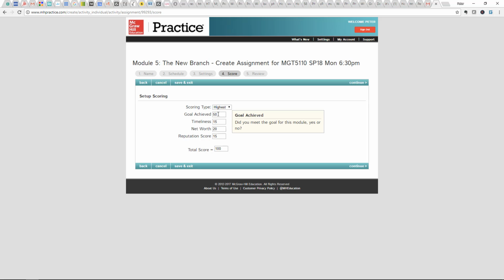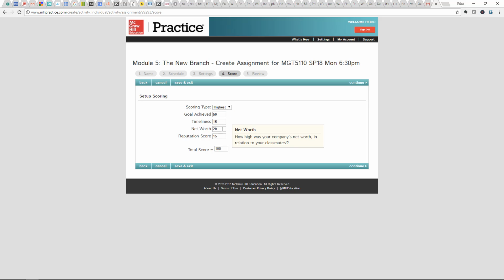You have to have so many contracts and maybe so much net value. You have to look at that carefully, make sure you're working toward that. But then there's these 3 other scores that get averaged in here. Half of the score will be your goal achieved. 15% is timeliness. So did you get things out on time? What was your net worth? Money is everything. Okay. You could see that they're valuing just getting the goal achieved, getting the number of contracts out, and hitting a certain amount of net worth, if that's part of the goal, as half the value of